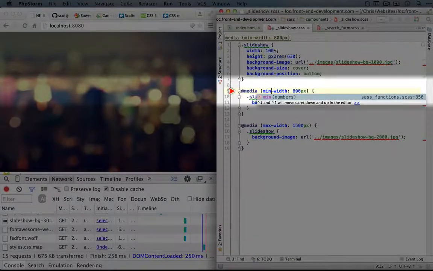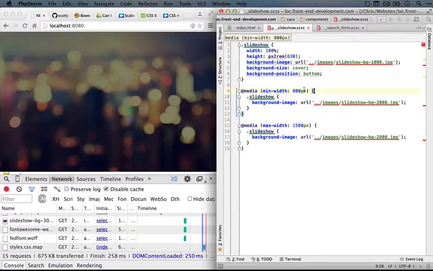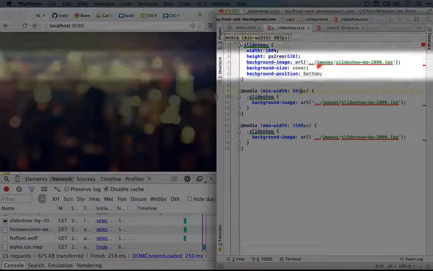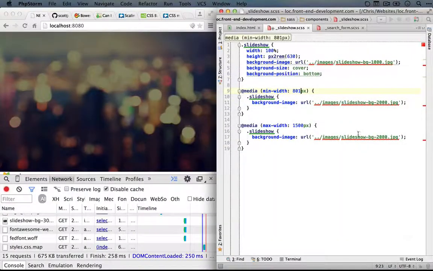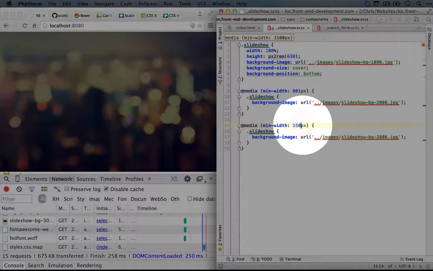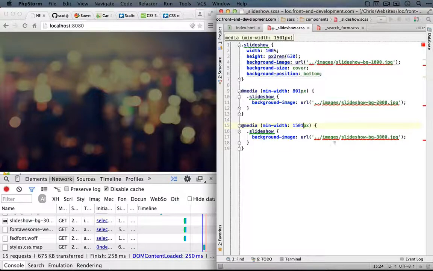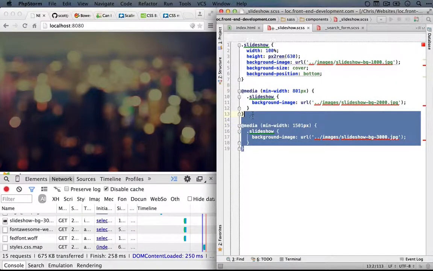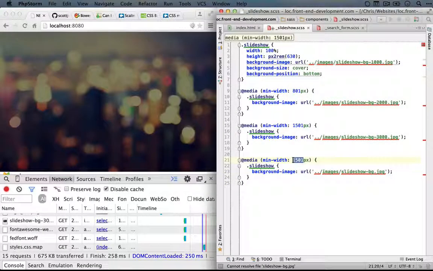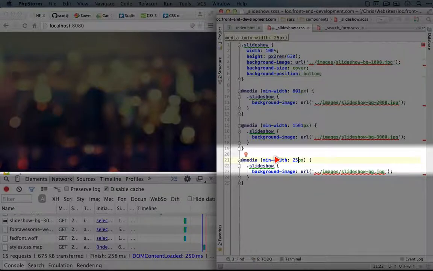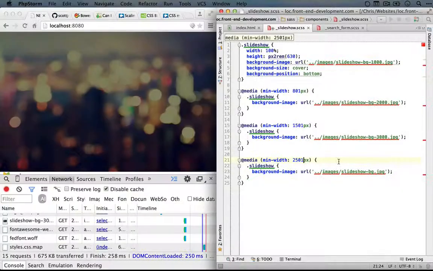So from here, we need to use min width instead in order to set our breakpoints. So let's change the minimum width for this so that we bump it up to 2000 as soon as we're at 801 pixels. That means that the 1000 will be covered up until 800 pixels, and then this one will kick in. And then for our 3000, we'll set this to a min width of 1501. So from 1501 up, it'll use the 3000. And then finally, we'll copy this and change this to the full resolution version. We'll have this one get triggered if we're 2501 or up.